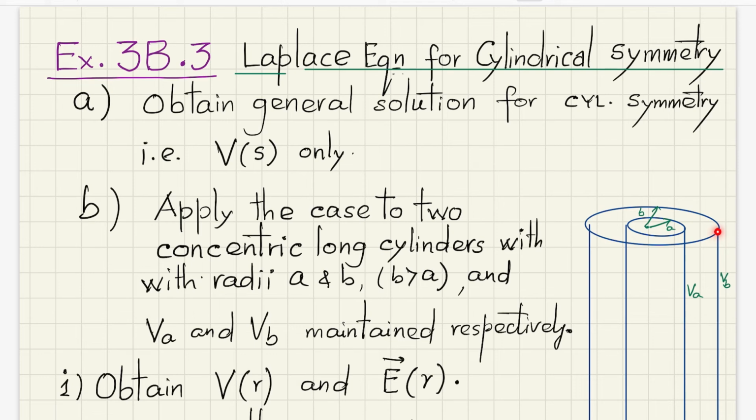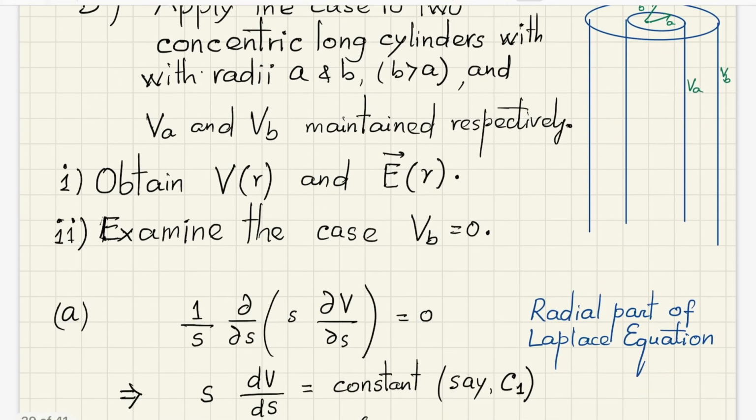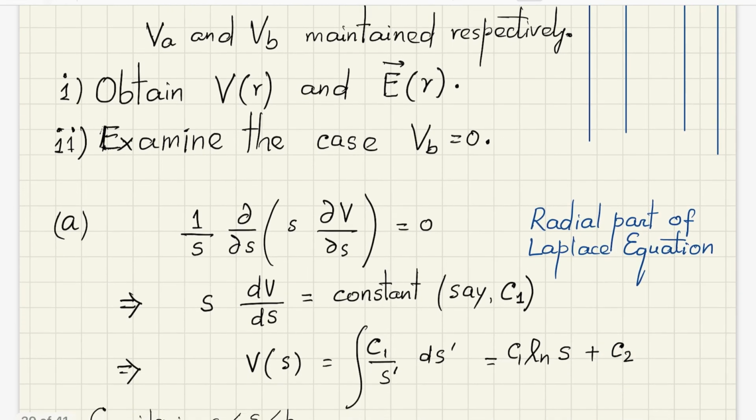and then examine the case when the outside one is set to 0. I'll go through this quickly because it's exactly similar. This is the only term which depends on S, the radial equation for radial symmetry in cylindrical coordinates. If this has to be set to 0, the radial part of the Laplace equation is 0, which means this part must be a constant, say C1, then V of S is simply, on integrating, C1 ln S plus